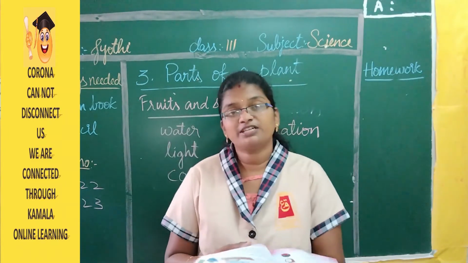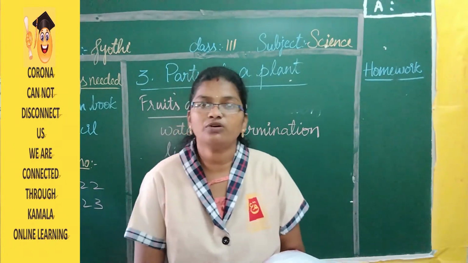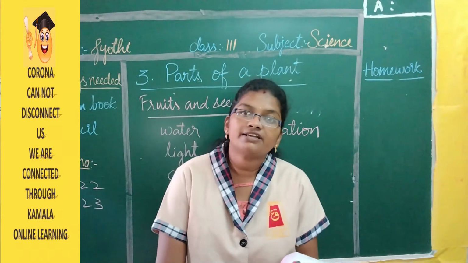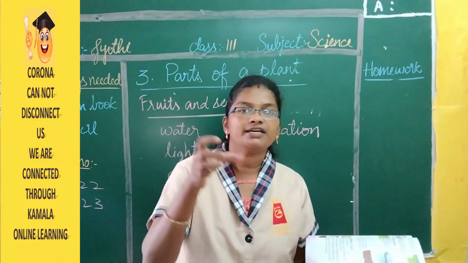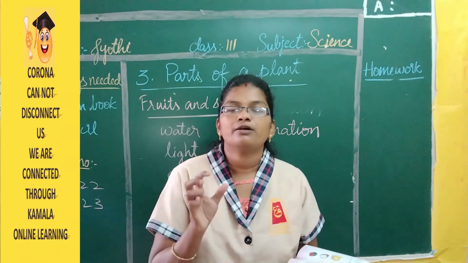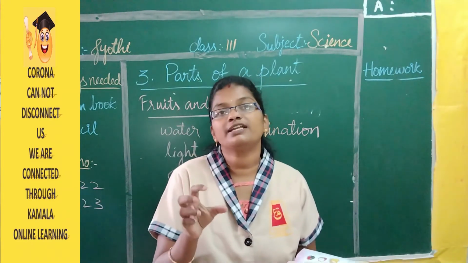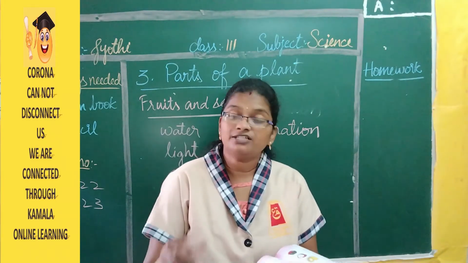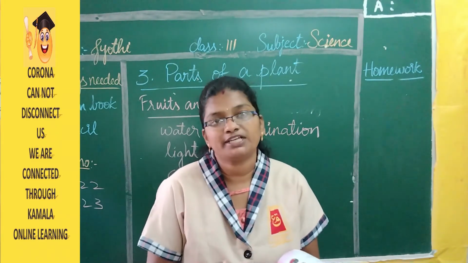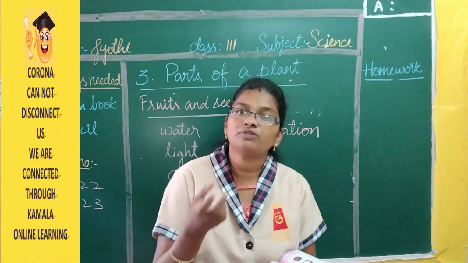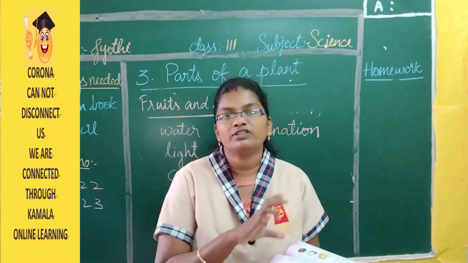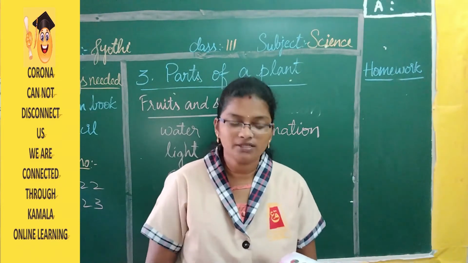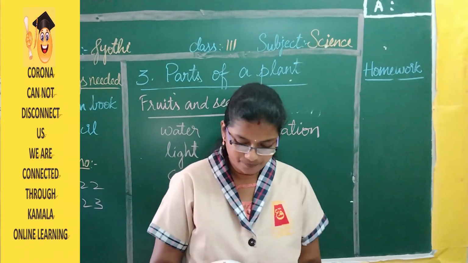So what does a seed require to grow into a plant? Mostly it requires water and sunlight. Sunlight cannot enter into the soil, but the heat which is there in that sunlight is absorbed by the seed, and it is going to absorb the nutrients from the soil and the carbon dioxide, and with the help of all these things the seed is going to grow into a new plant.